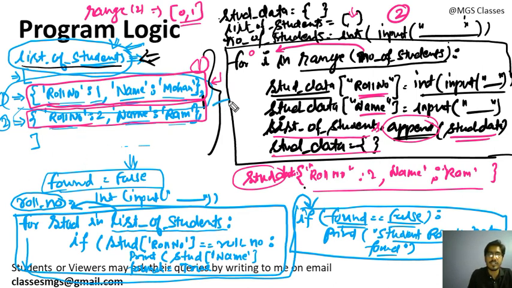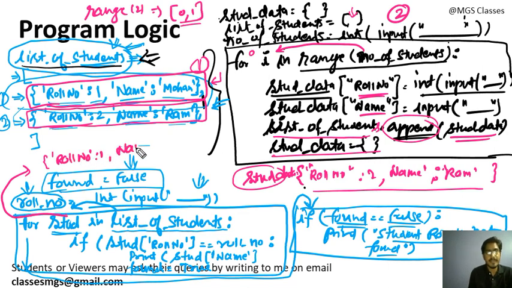Now our list has the 2 students, and now we need to search for a roll number. This is the second part of the program. We need to take the roll number of the student from the user. So let's suppose we have taken an integer roll number. Then we are iterating the list of students using a for loop. The first time, what will come in this stud? First time this stud will be initialized with roll number 1 and then name.